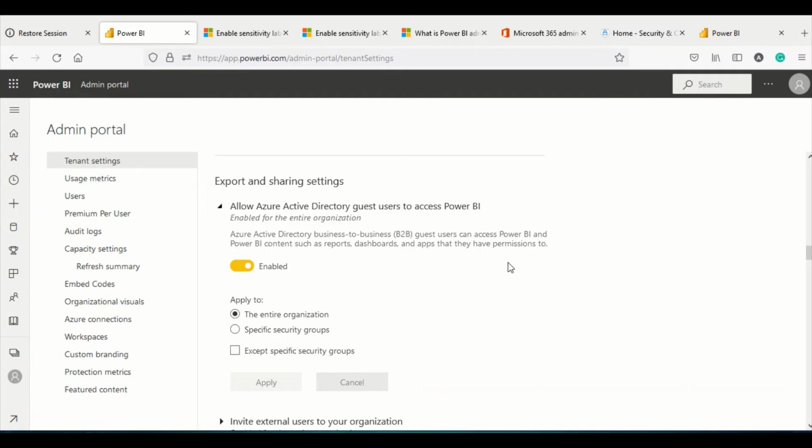Now you need to be very careful while enabling this, because once you send the invitation to the guest, they will become an Azure B2B guest in the user's organization, and once they accept the invitation, they will appear in the people picker list, and even if the setting is disabled, they will continue to have access to whatever content they have.